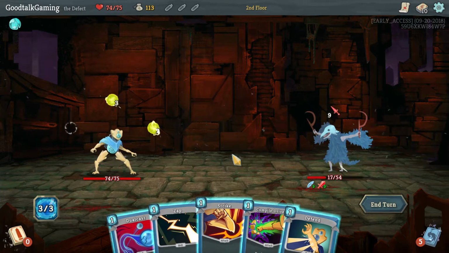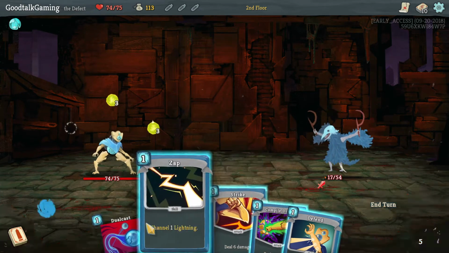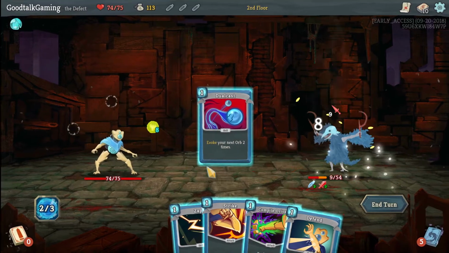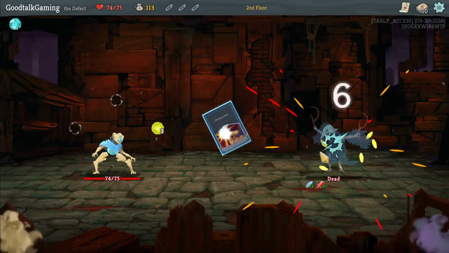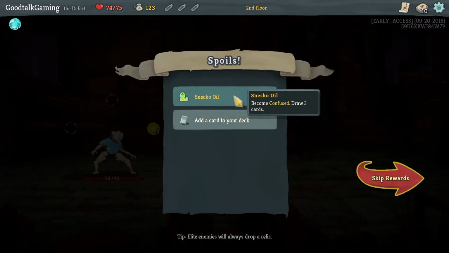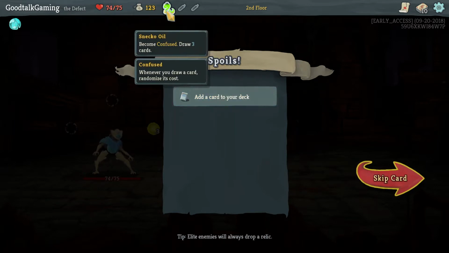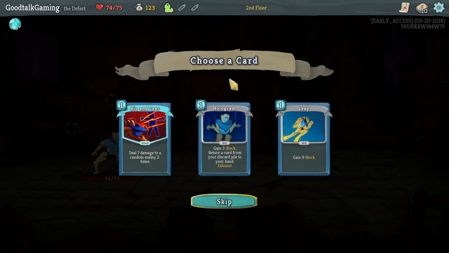It's all about knowing when to be aggressive and when to be more defensive. You never want to take unnecessary damage. I don't know if I'm a fan of this. I can see it coming in handy, but